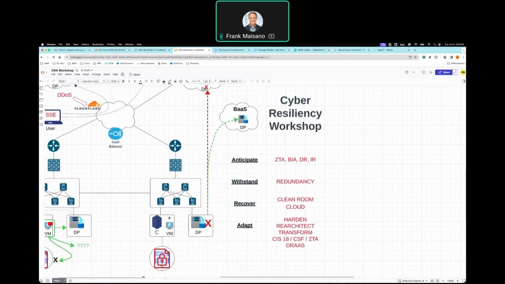If we did experience a cybersecurity event or we did experience an actual disaster, it might be a time to come back and do a lessons learned, right? Maybe there are things we need to harden when it comes to a security standpoint. Maybe we need to look at different security controls, dive deeper into zero trust to help prevent an attack like that from happening again. We might want to re-architect or transform if we were hit by a disaster that took out a significant portion of our data center,